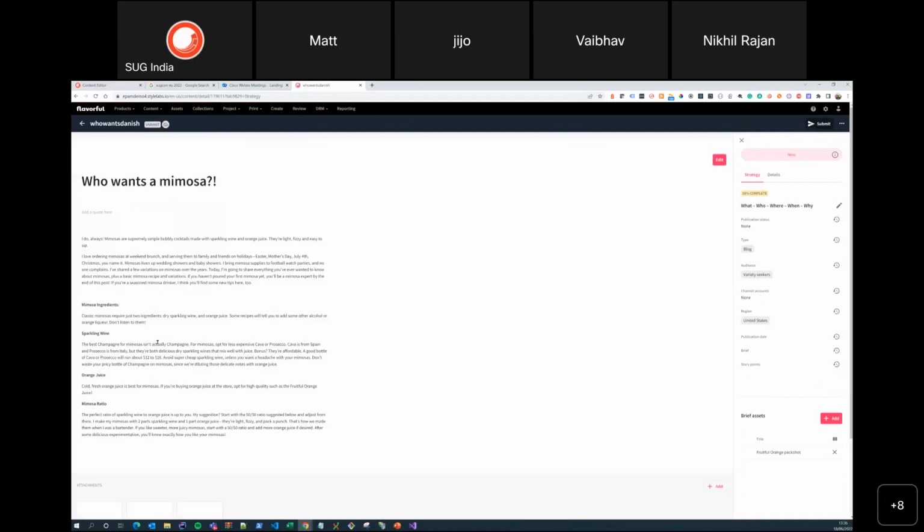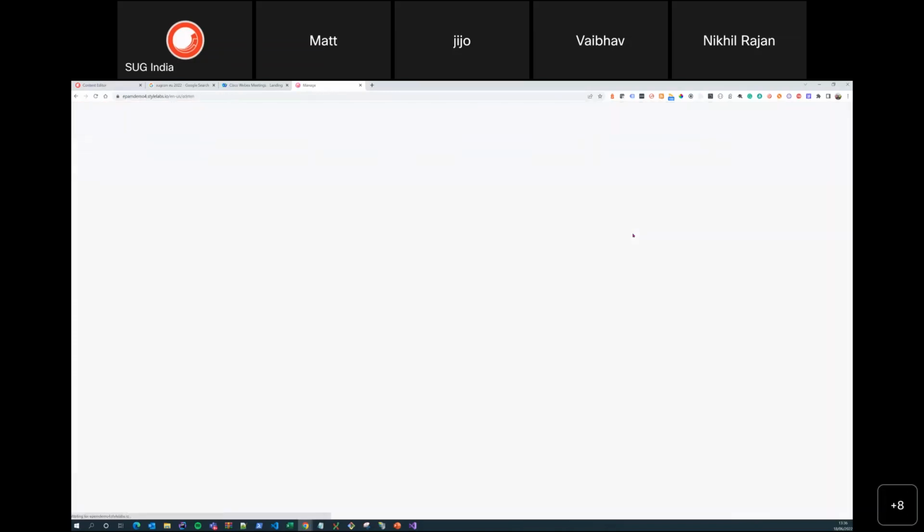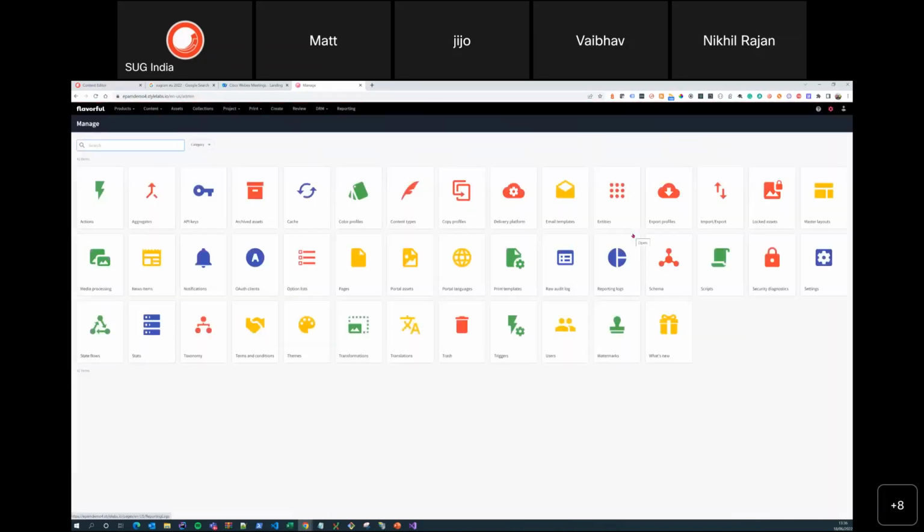You can do whatever you want, and this supports workflows. So similar to Sitecore, you can create an asset, and you can pass it between external people. You can go through a full-featured workflow process, and because it's cloud native, it also supports